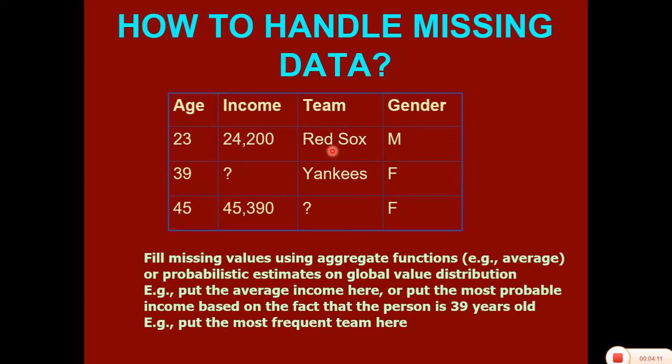But the same case is not possible for the team, because whenever you are dealing with a particular income, you cannot find out the team. Still you can find out which team is popular and which team has more data. You can fill that team into the missing value, but it is not always useful, and it is tedious, and it is always inconvenient to fill such a type of data.